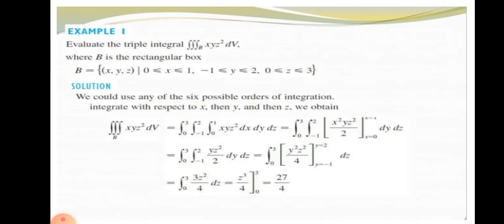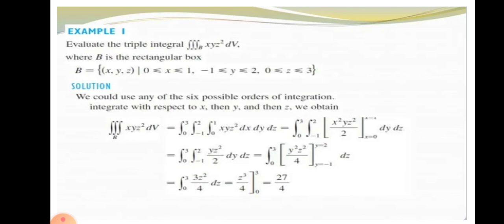Solution. We could use any of the six possible orders of integration. We integrate with respect to x, then y, and then z. We obtain the triple integral of xyz squared dV, and then substitute the limits of the rectangular box B. So we have xyz squared dx from 0 to 1, dy from negative 1 to 2, dz from 0 to 3, which is equal to